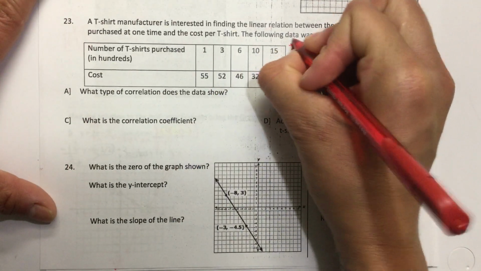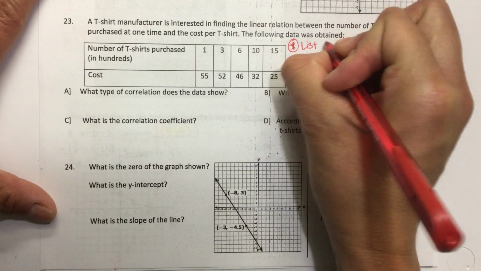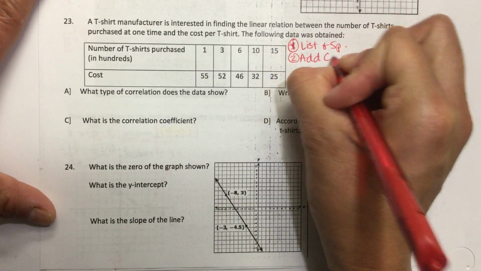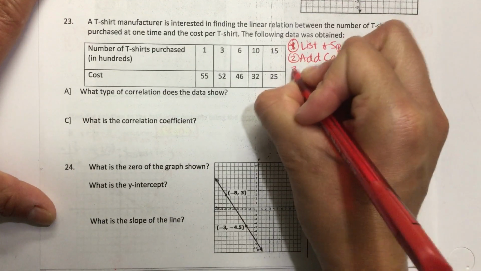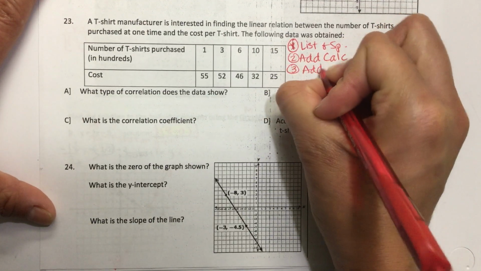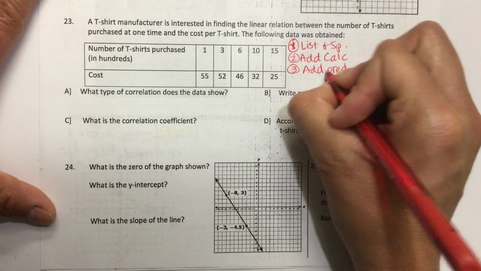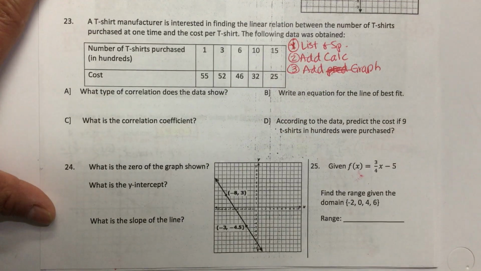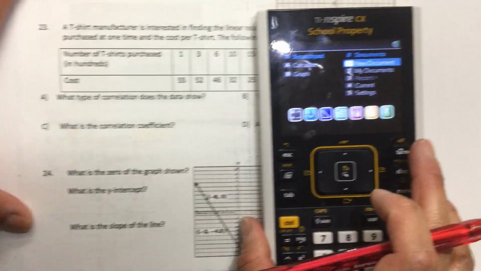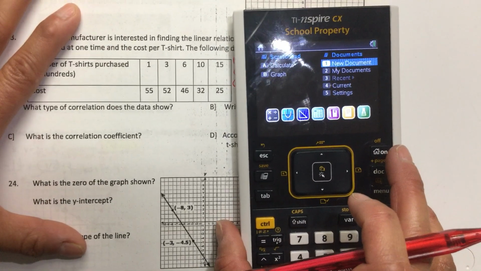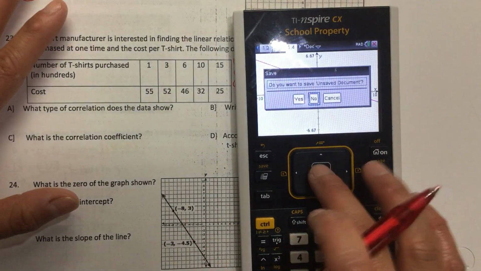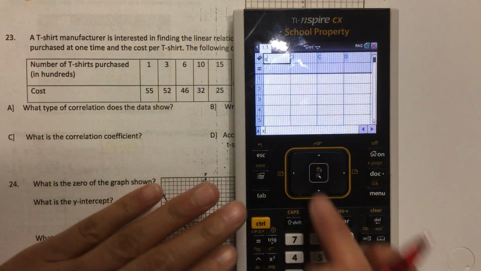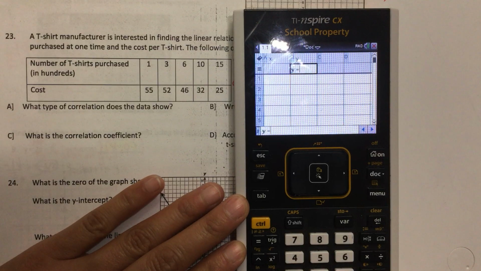go to your number 1, lists and spreadsheets. Number 2, add your calculator page. Number 3, you're going to add your graph page to make predictions. Oops, add graph, and this is for your predictions. So start again and do not delete your x values and try and stay in the same table. So go to number 4, A is x, B is y, enter and